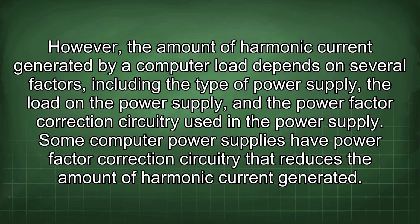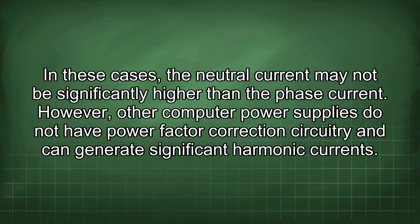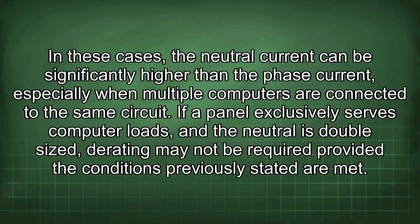Some computer power supplies have power factor correction circuitry that reduces the amount of harmonic current generated. In these cases, the neutral current may not be significantly higher than the phase current. However, other computer power supplies do not have power factor correction circuitry and can generate significant harmonic currents. In these cases, the neutral current can be significantly higher than the phase current, especially when multiple computers are connected